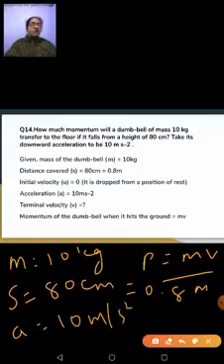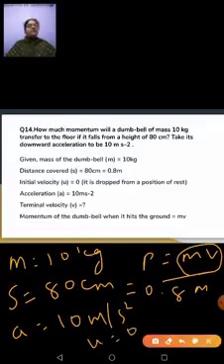They want you to calculate the final velocity. Initially, the object is coming from a height, so the initial velocity possessed by the object will be 0 meter per second. So you should find the value of v. When you find the value of v, you can easily calculate the value of momentum.